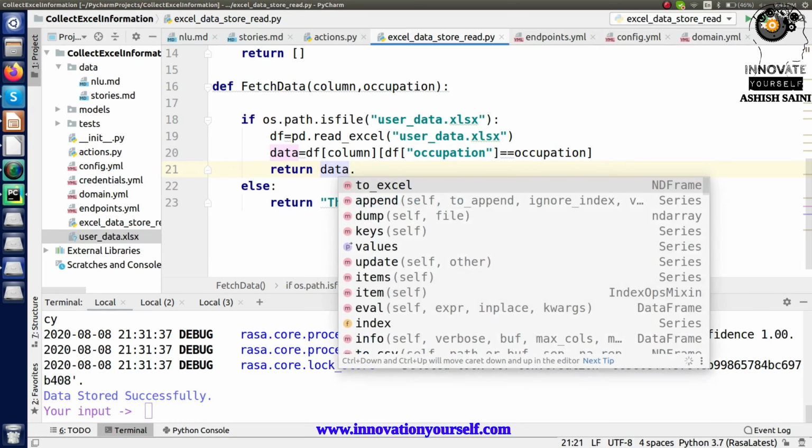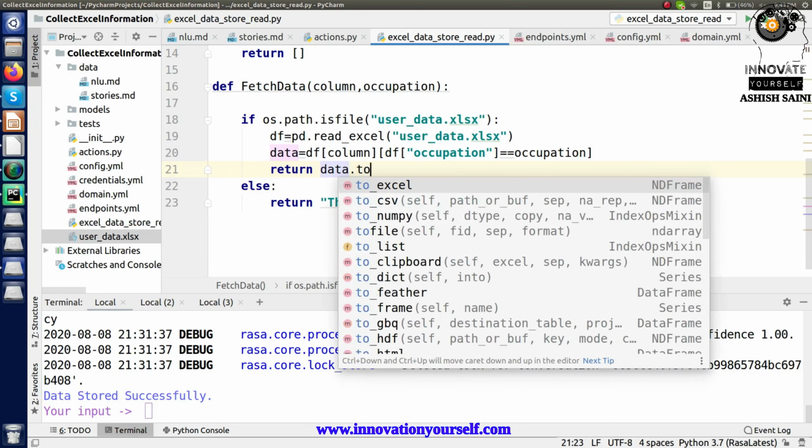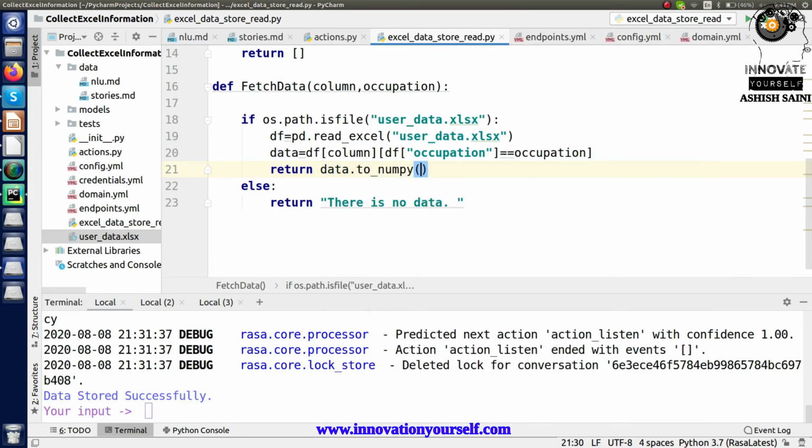So let's just convert it to NumPy, or let's say just convert it to list directly, because we can directly have it in the list format, right? Alright, so I'm having it in here. So this is in the list format, and also let's just pass it in the list format so that it will be treated as a single element, and we can apply the logic for both and that logic will be same, right? So this is how I'm going to do it.